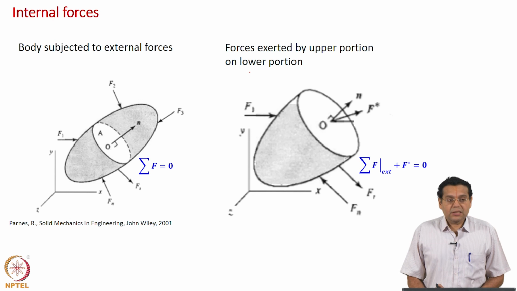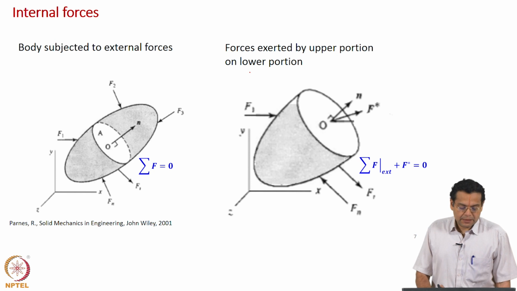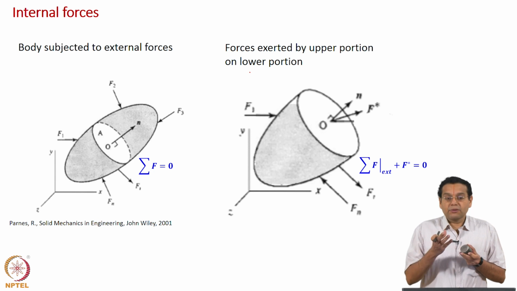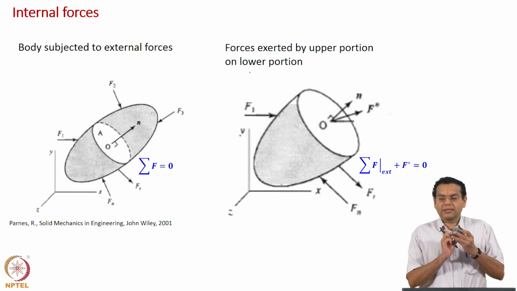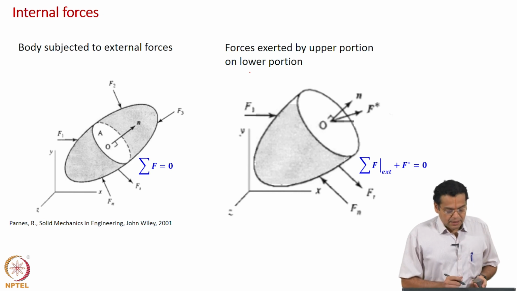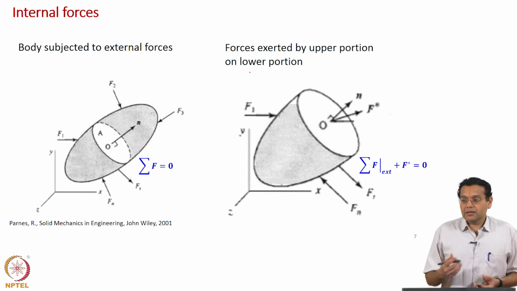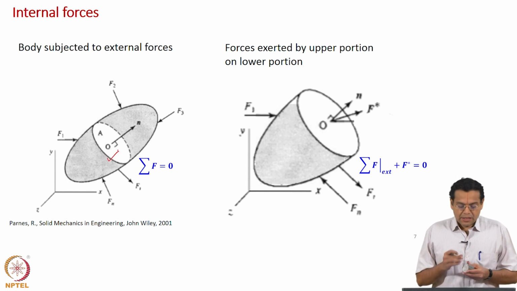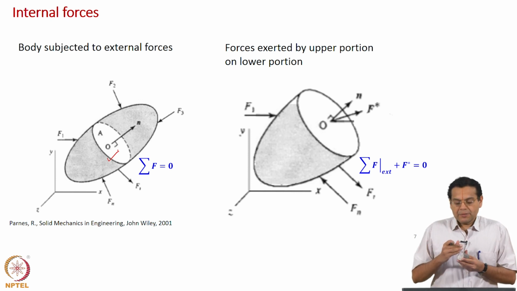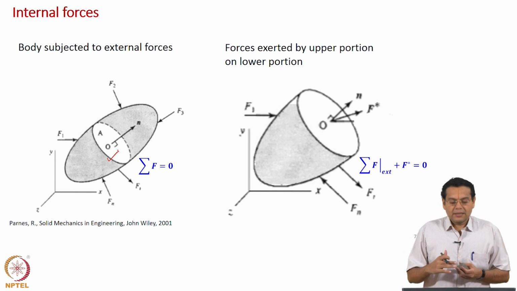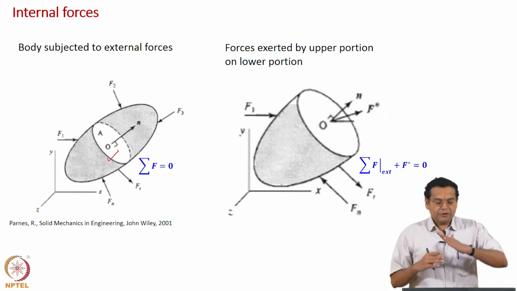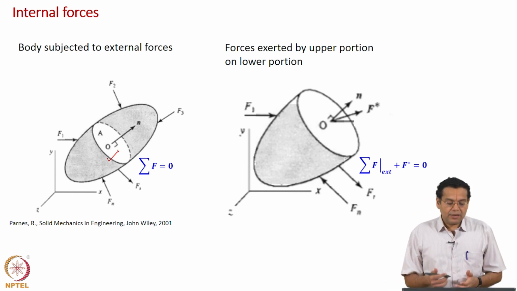Now we are going to discuss internal forces. What is shown on the left hand side is a body subjected to external forces. Let us say a body like this is subject to some external forces, and we have to look at reaction forces, etc. Since we are interested in internal forces, we make a section at a particular angle. At a particular point inside the object we make a plane, and because there are different angles, same point but different angles of the planes are possible, which means that you will have to identify that plane.